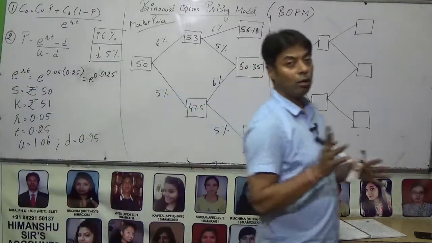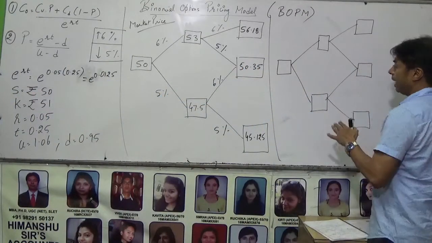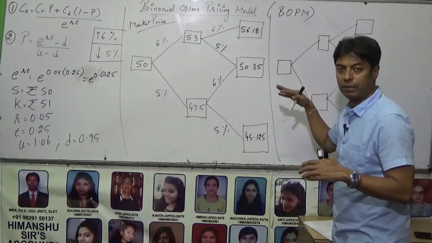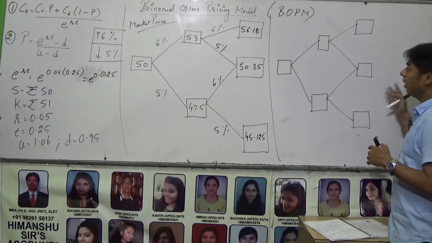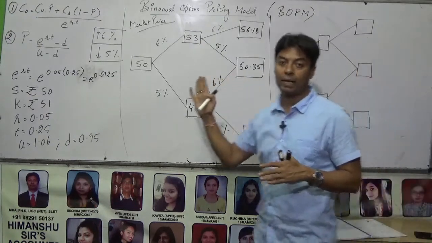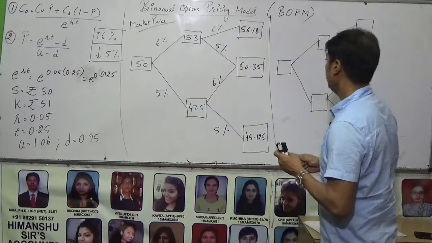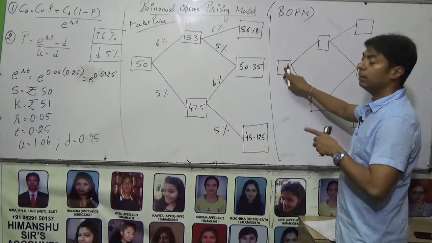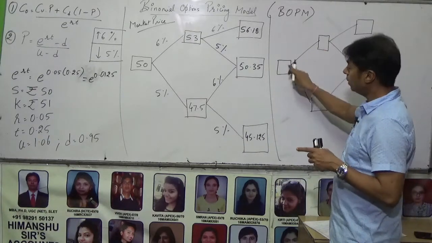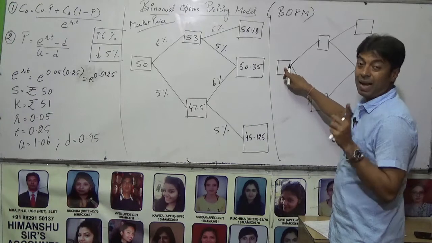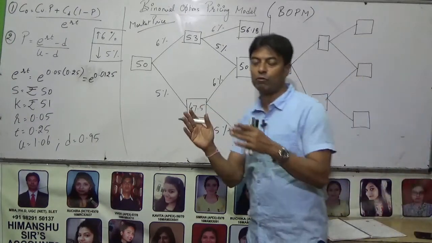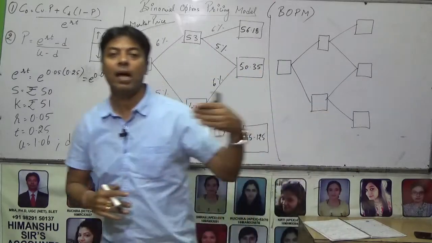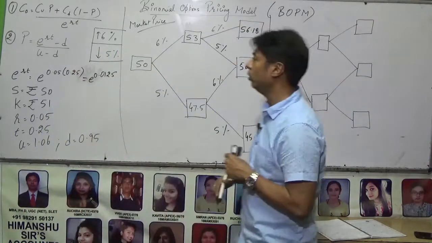Now in the call option diagram, we have to move in the backward direction. We have to start from the last stage and then move backward to find out the value at the initial stage. This is going to be our final answer, and to achieve that we have to go in a reverse direction. How do we do that?